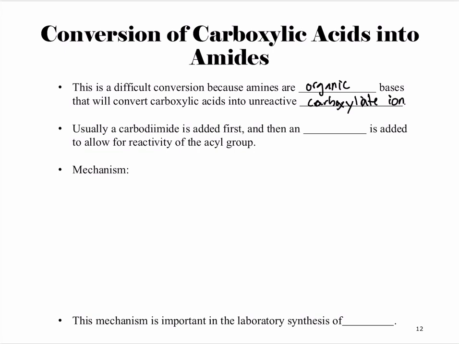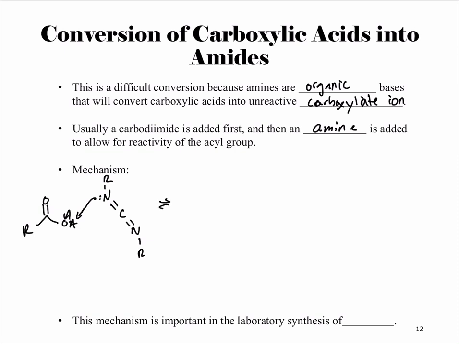And so usually to circumvent this, a carbodiimide is added first, and then an amine is added after that. And so we initially get attack of the carboxylic acid proton. So if this is our carboxylic acid here, and then we have a carbodiimide, which looks like a double bond nitrogen right here. The carbodiimide doesn't have a proton in it, so it can't really abstract protons from the solution. Instead, it will directly attack, so this is going to have some R groups over here as well. Oops, sorry, I put this in the wrong place. It's going to be an imide, not a... right there. So this lone pair is directly going to attack this proton